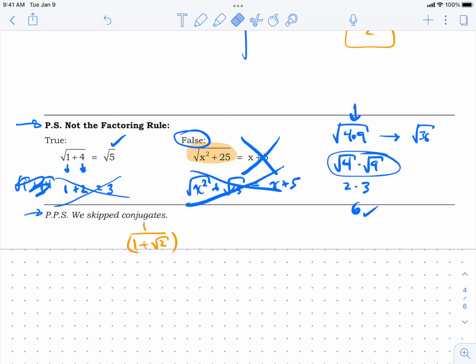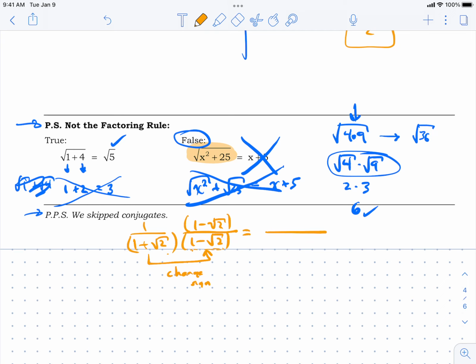There is a way you can do it, and I'm just pointing this out for giggles. It's called the conjugate. So where you had a 1 plus radical 2, you would multiply by 1 minus radical 2, top and bottom. The conjugate basically means change the sign. This was positive, so I used a negative. If this were a negative, I would have used a positive. So whatever the sign is, you change it. This ends up working. And I could show it to you, but I'll let you work it out yourself if you're curious. We're not going to need that at all in this class, and so I decided to skip it